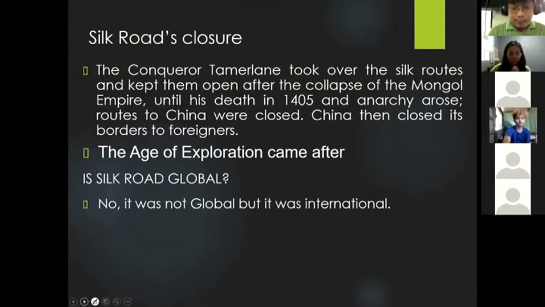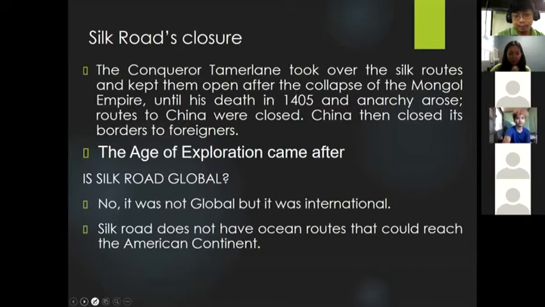Okay, yan po. Correct. Kaya nandoon sa map natin kanina, yung blue na lines. No? Because if the Silk Road reached the routes in the seas, then we can consider that as international. However, hindi niya naabot yung paglalayag sa karagatan. So it was only international. Silk Road does not have ocean roads. Okay. So if the Silk Road, no matter how wide yung kanyang coverage, ay hindi na consider as global trade,